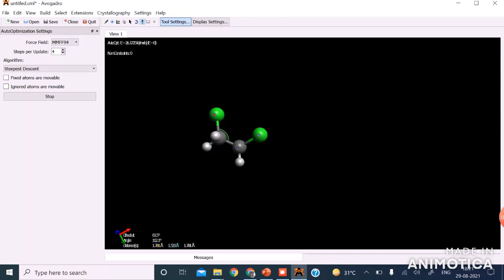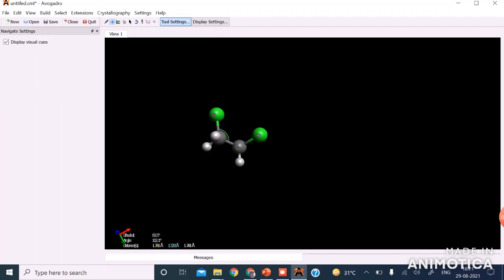So first I have to stop this, then go to the navigation button and navigate this atom. Yeah, now you can see the gauche conformation from this figure. So by using the auto optimization tool, you can find the local minima or global minima, and you can change the geometry also.